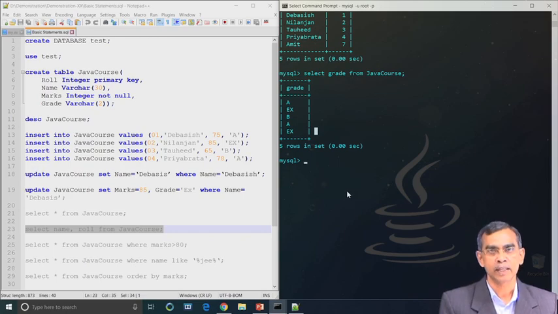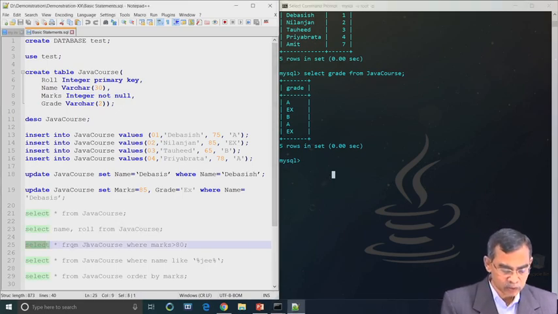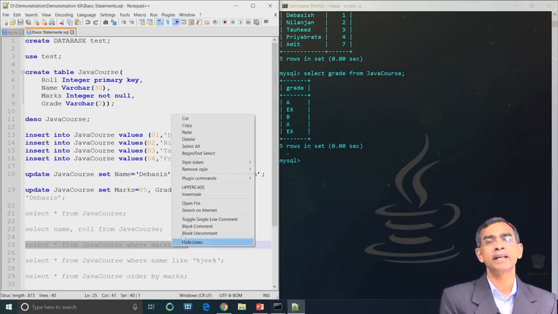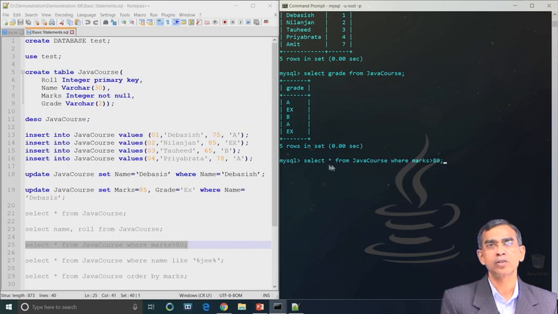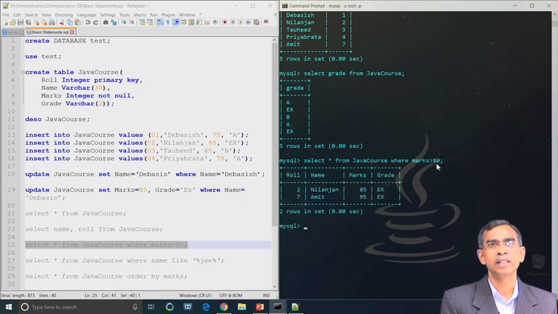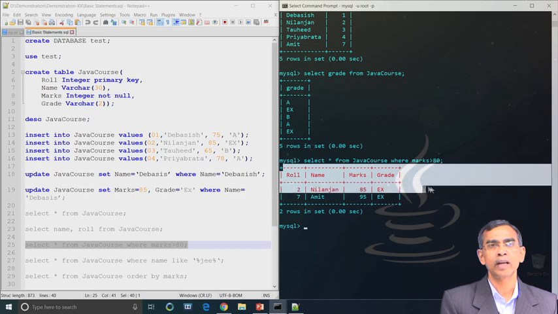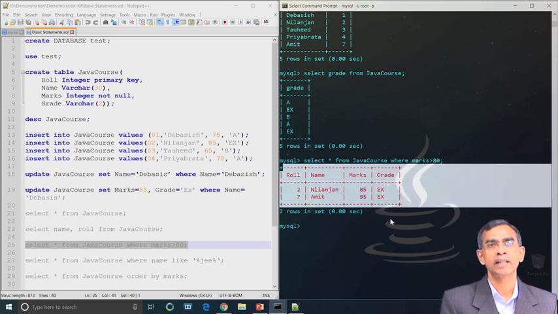And this is basically the result that SQL server returns against a command that you have given to it. Now, our next command that we are going to exercise is conditional. So, select star from Java course with a certain condition. Suppose the condition that we give is marks greater than 80. That means it will retrieve those records whose marks is greater than 80. Note that the command should be terminated by a semicolon. As you see, out of all the records, only these 2 records satisfy this condition, and therefore have been retrieved. So, this is the select with condition.